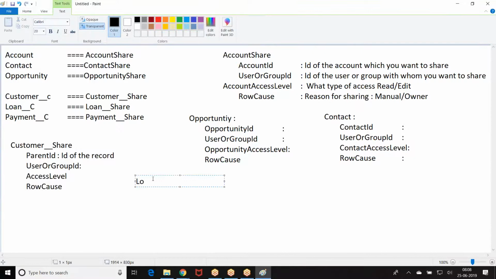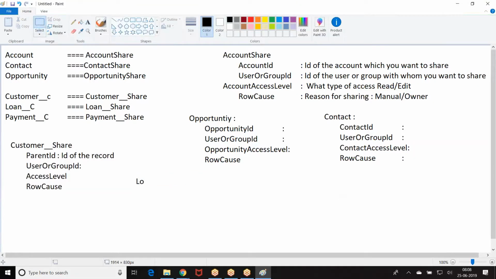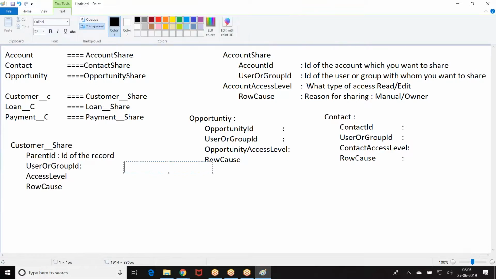Loan share: parent ID, user or group ID, access level.